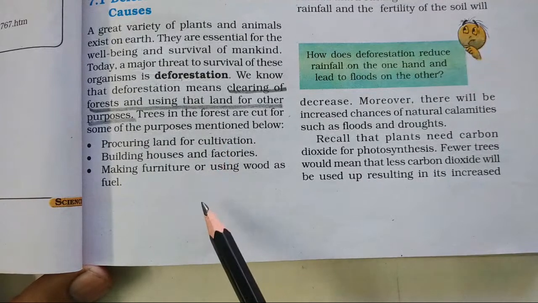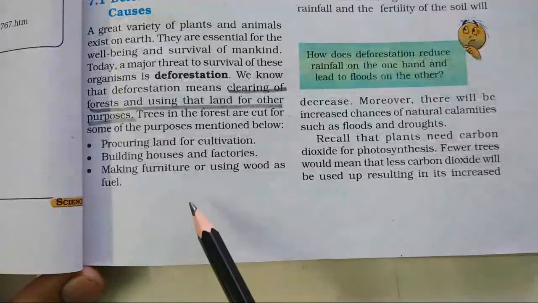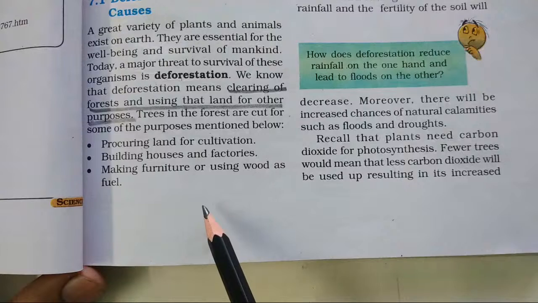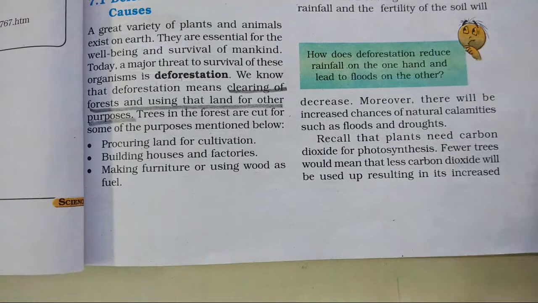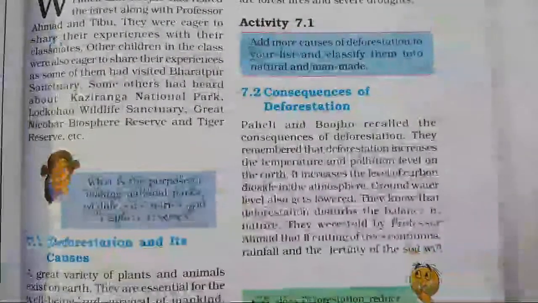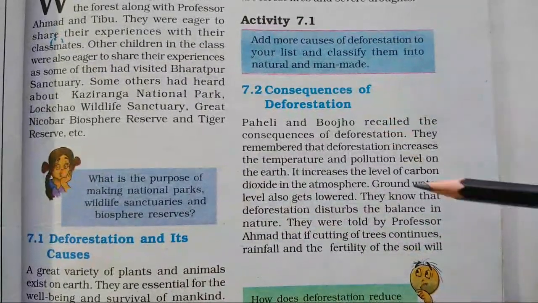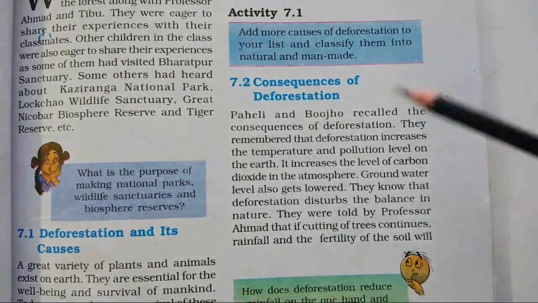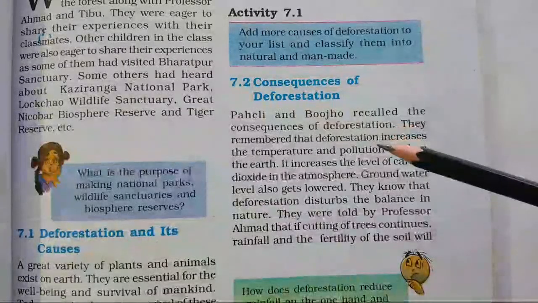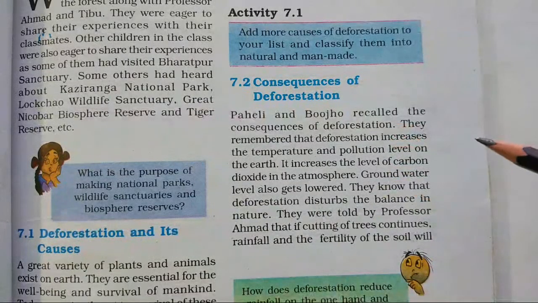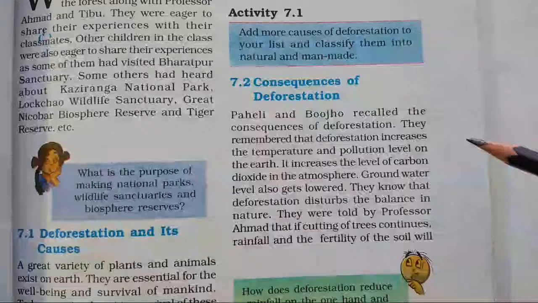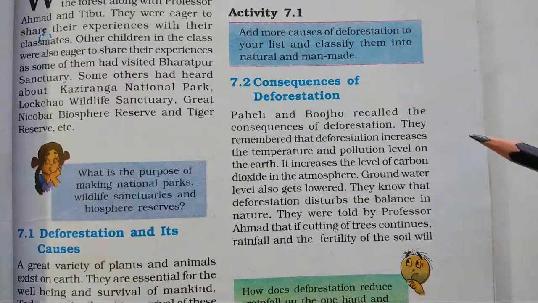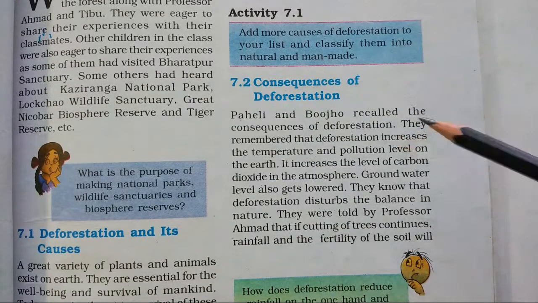And what are the effects of deforestation? We will cover it, and why should the trees be conserved? We will do that in this topic. So the next portion is what are the consequences of deforestation. If you cut down the forest, what will be the effect? You have studied in the previous class that trees give us food and they give us oxygen. They are the basic uses of the trees. In this you will study the other requirements apart from what is mentioned.